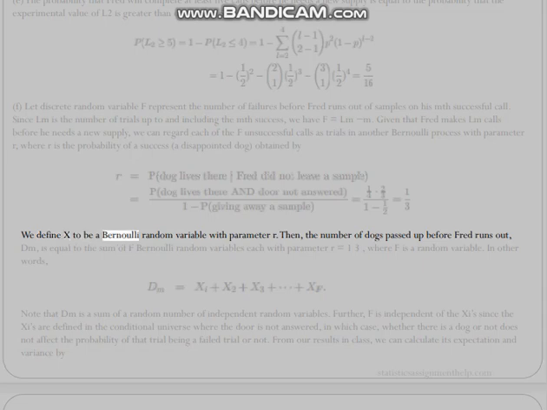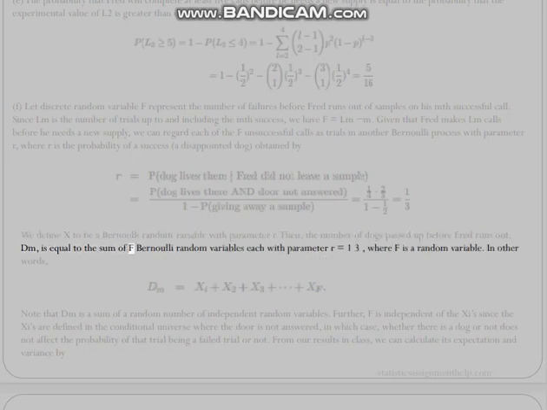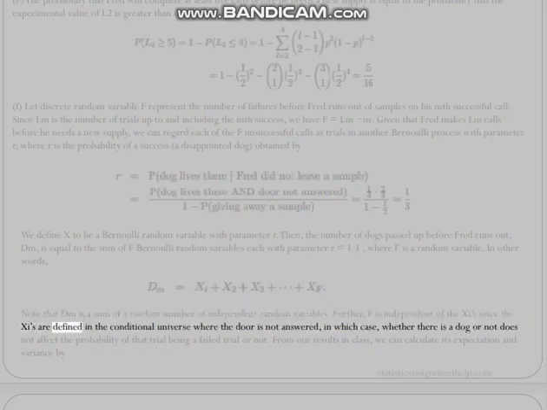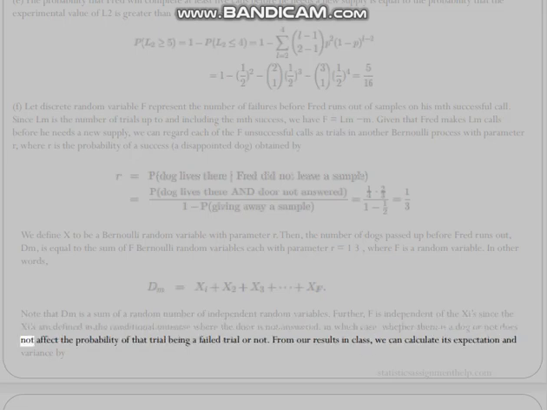We define X to be a Bernoulli random variable with parameter r. Then, the number of dogs passed up before Fred runs out, DM, is equal to the sum of f Bernoulli random variables, each with parameter r, where f is a random variable. In other words, note that DM is a sum of a random number of independent random variables. Further, f is independent of the X's since the X's are defined in the conditional universe where the door is not answered, in which case whether there is a dog or not does not affect the probability of that trial being a failed trial or not. From our results in class, we can calculate its expectation and variance by